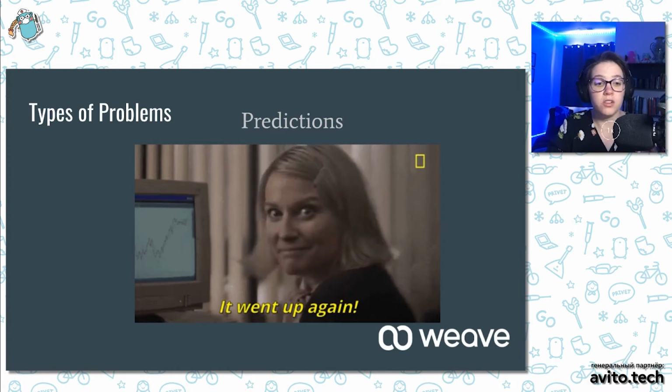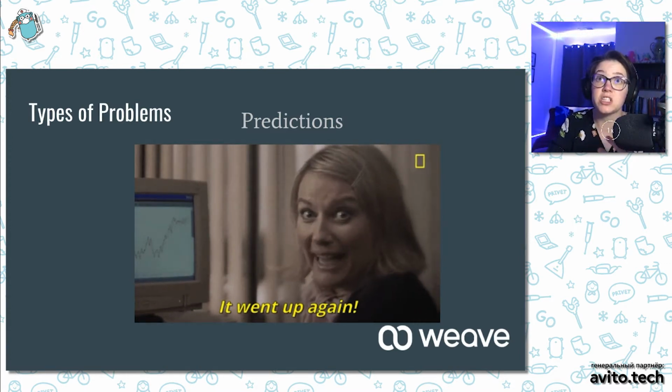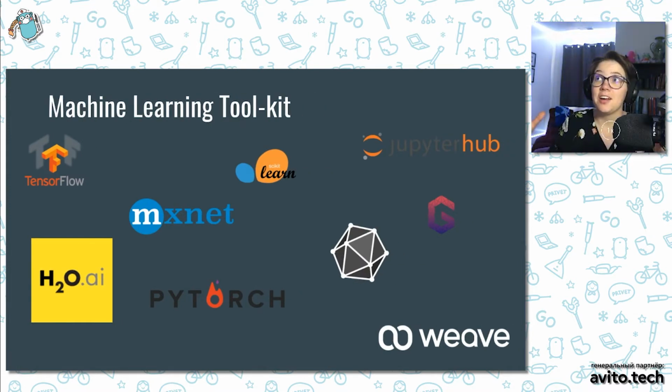So when you want to start solving these kinds of problems with machine learning, the next thing you're going to run into is the plethora of tools that are out there for you to use. There are tons of tools, and there's not really a good way to go about choosing them a lot of the time, because there's just tons for different things. For neural networks, you have PyTorch, you have TensorFlow, you have AutoML and H2O, you have basic machine learning and scikit-learn, you have notebooks, JupyterHub.